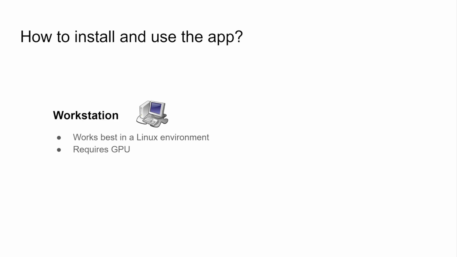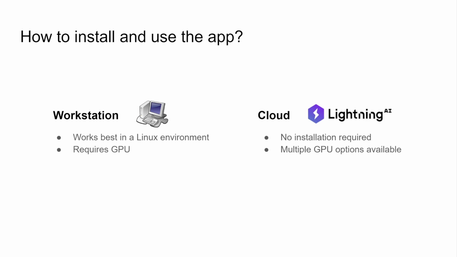There are two ways to install the Lightning Pose app. The first option is to download and install the app on a local workstation. If you choose this route, I highly recommend using a Linux-based operating system to ensure the best performance. The second option is to use cloud resources. This option is great if you do not have access to a local GPU or simply prefer to not install